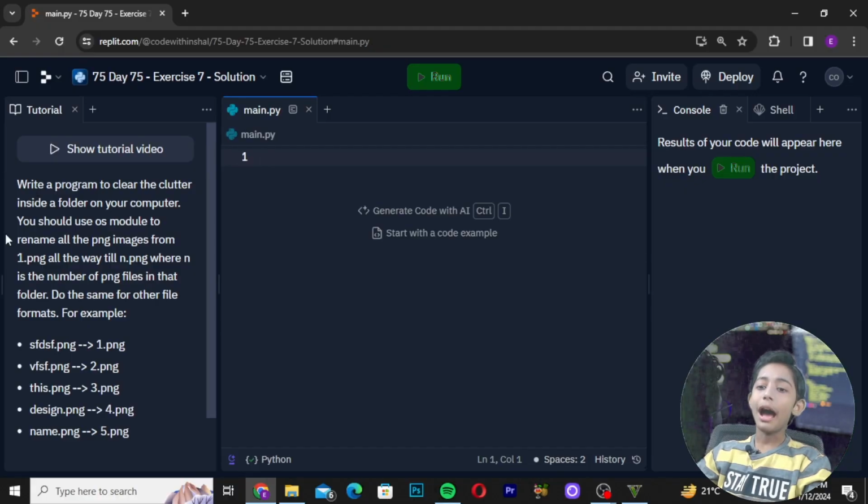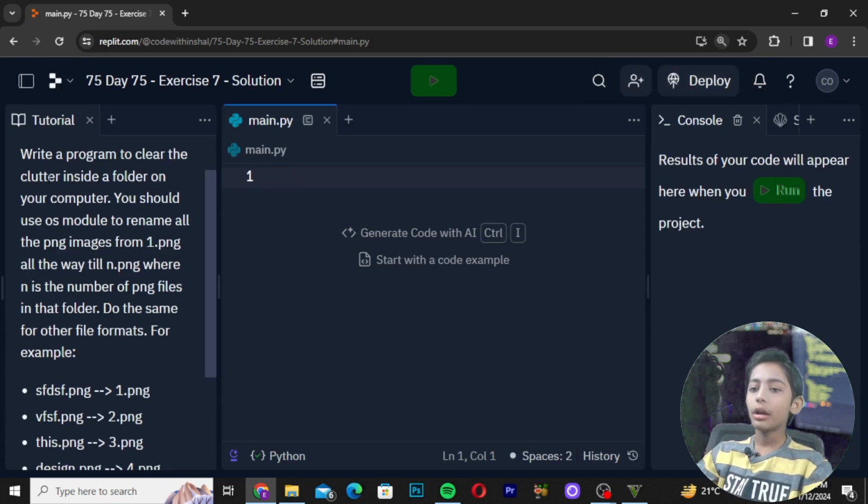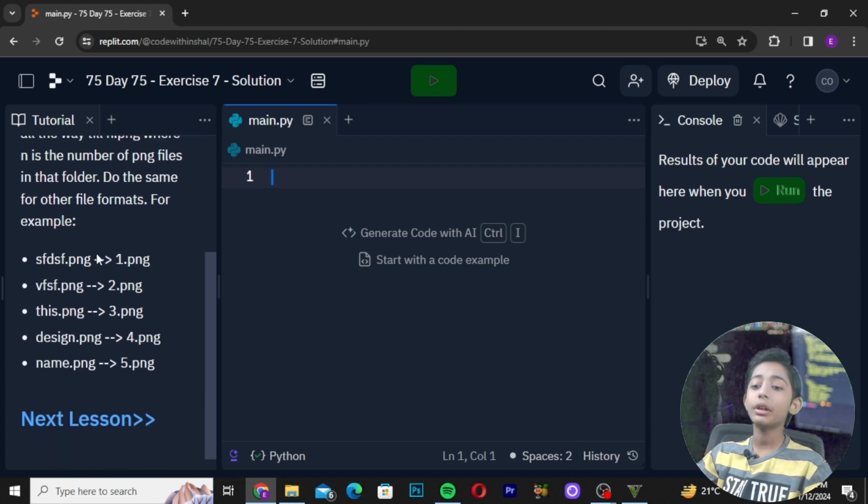So the task says: write a program to clear the content inside a folder on your computer. You should use the OS module to rename all the PNG images from 1.png all the way till n.png, where n is the number of PNG files in that folder. Do the same for other file formats. For example, like